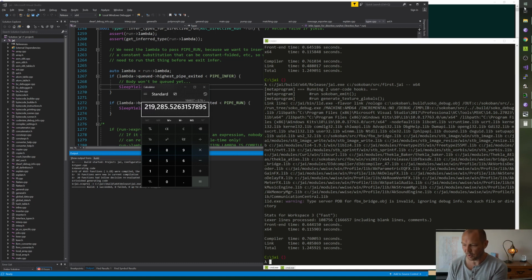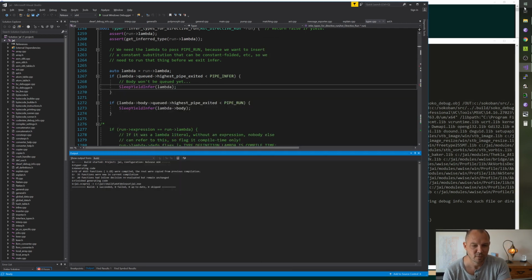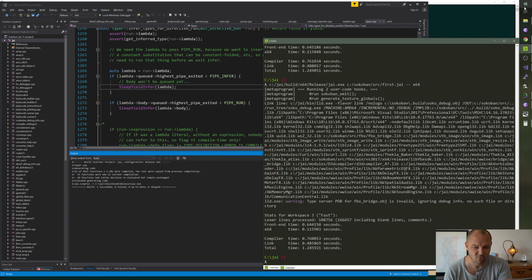Do I still feel like 1,000,000 lines per second is realistic? Of course, this is single core performance, guys. This is single core performance. Mostly. I mean, again, we parse multi-core, but most of this time is not parsing.